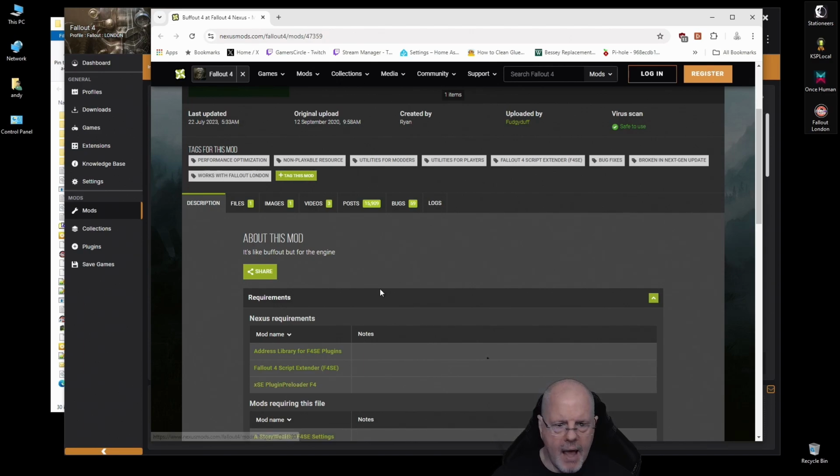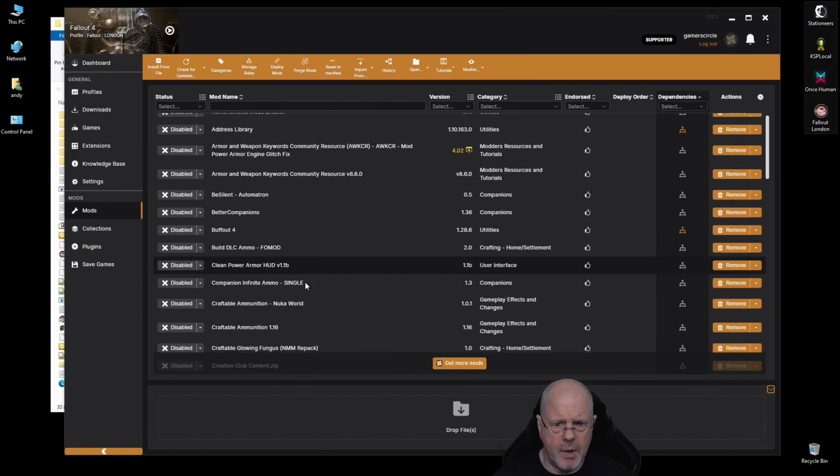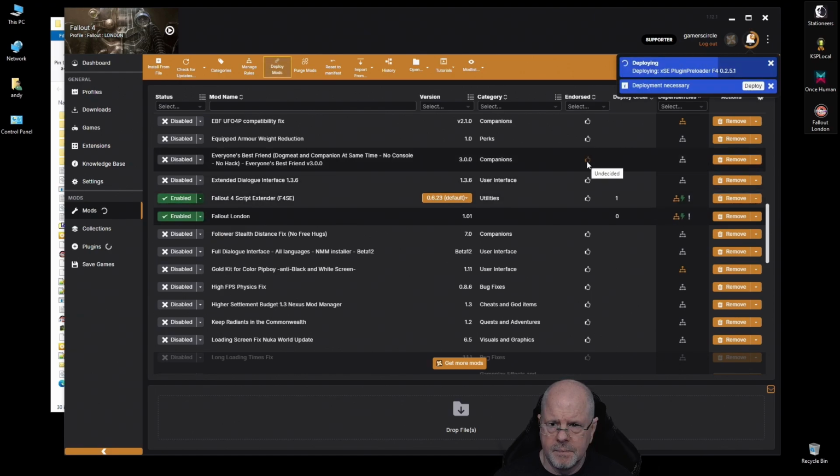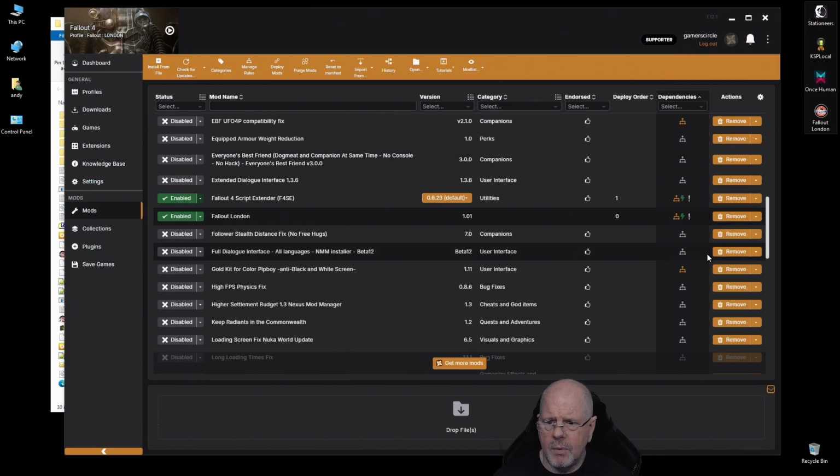So I do have this plugin loader, and I don't think I need this address library. I don't think I do. So if we go back, there's Fallout London, and let's re-enable the script extender. Right now, I have some conflicts. And I think if we go to Fallout London,